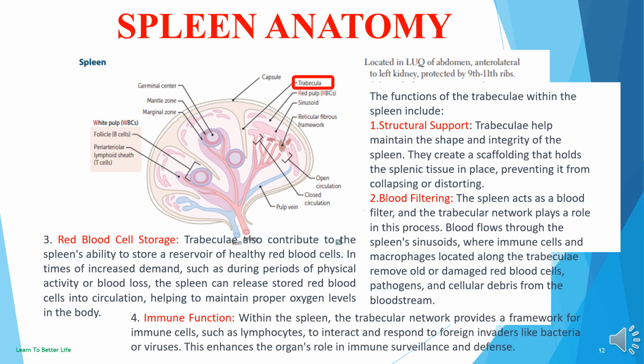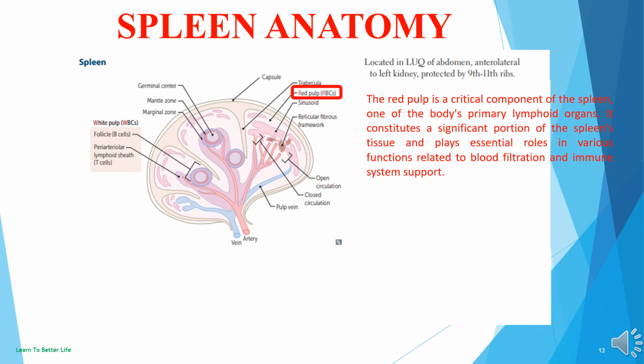4. Immune function. Within the spleen, the trabecular network provides a framework for immune cells, such as lymphocytes, to interact and respond to foreign invaders like bacteria or viruses. This enhances the organ's role in immune surveillance and defense. Red pulp. The red pulp is a critical component of the spleen, one of the body's primary lymphoid organs. It constitutes a significant portion of the spleen's tissue and plays essential roles in various functions related to blood filtration